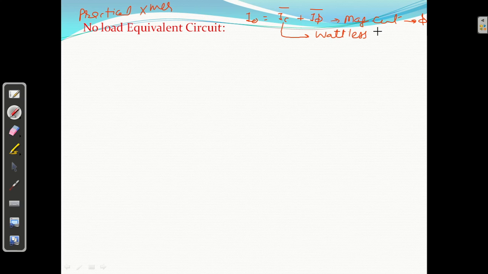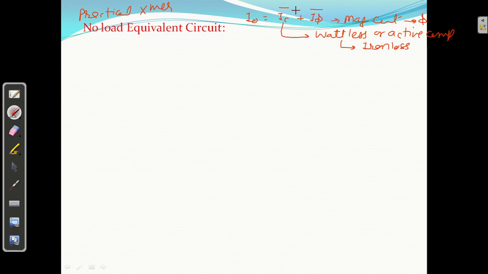No load equivalent circuit. What is a no load equivalent circuit? So at no load, you know, if you see the diagram, we have a practical transformer. प्रैक्टिकल ट्रांसफार्मर मतलब एक्चुअल ट्रांसफार्मर आई एम गोइंग टू टॉक। तो एक्चुअल ट्रांसफार्मर में नो लोड पे I0 क्या होगा, I0 इज द वेक्टर सम ऑफ Ic एंड Iφ। वी नो दिस इज कॉल्ड एज मैग्नेटाइजिंग करंट, मैग्नेटाइजिंग कंपोनेंट ऑफ करंट। इसका काम क्या है, टू प्रोड्यूस अ फ्लक्स। ये आइडियल में नहीं रहता बट एक्चुअल में रहेगा। इसको वाटलेस कंपोनेंट बोलते हैं, और Ic एक्टिव कंपोनेंट है।